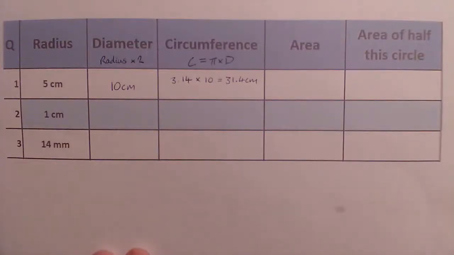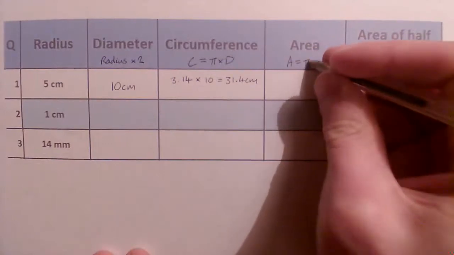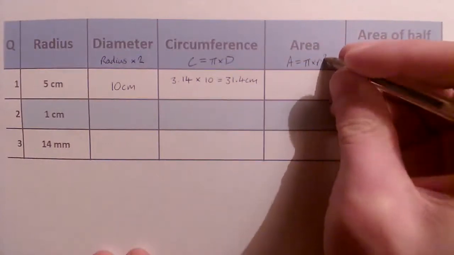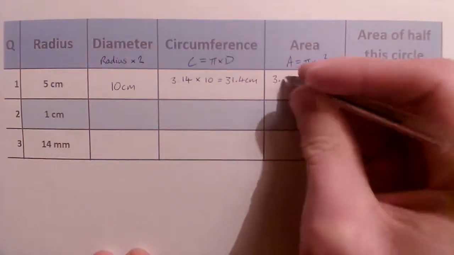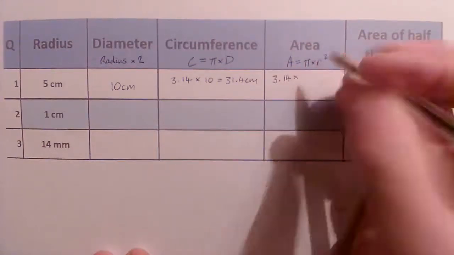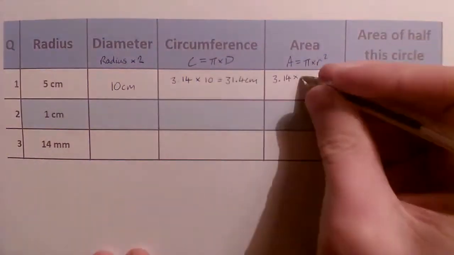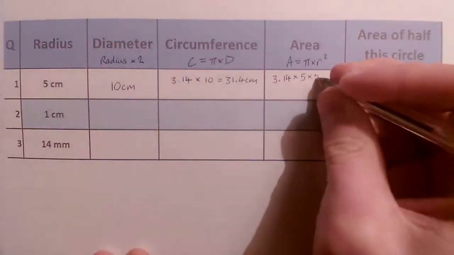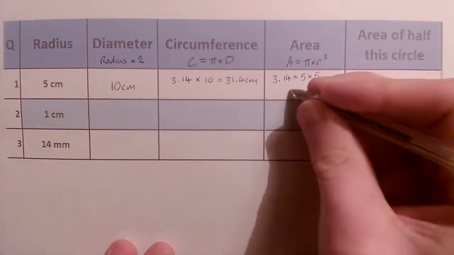Once we've got that, again, we've got our area formula. Remember, area, and it's what we've just done in task 2, is pi times r squared. So we're doing 3.14 times, and radius over here, r, is 5, and we're squaring it. So it's times 5 times 5. Put that in the calculator. You should get